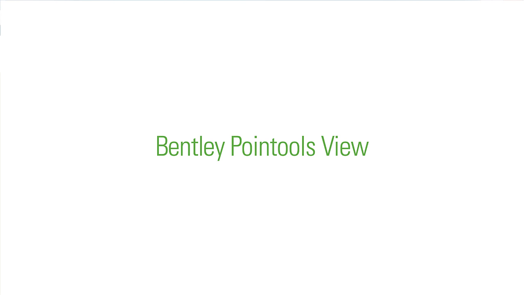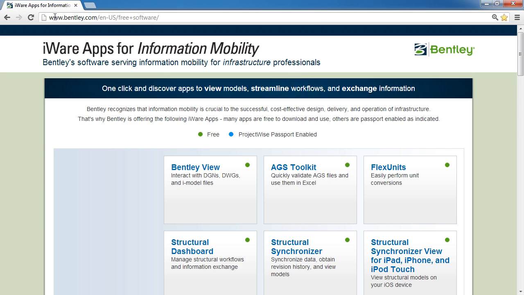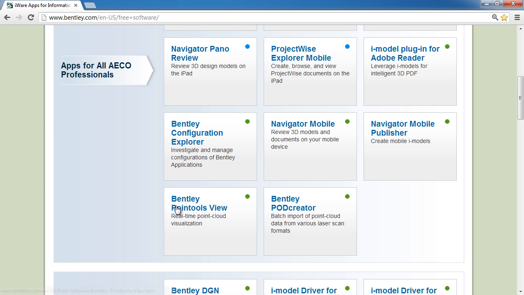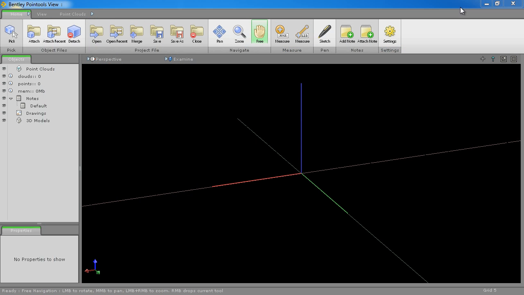Bentley PointTools View is a free viewer app which you can get from this address. Just search "viewer" on Google. About halfway down we now have Bentley PointTools View and Bentley Pod Creator. And here we can see the brand new interface for PointTools View, which is shared with its big brother Bentley